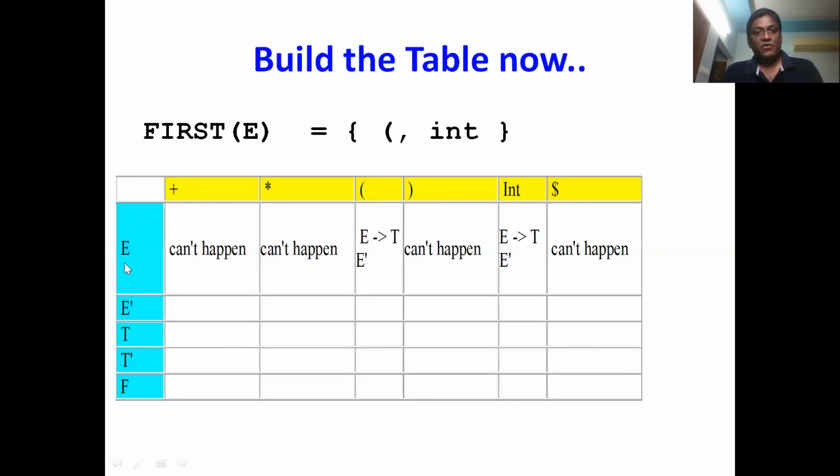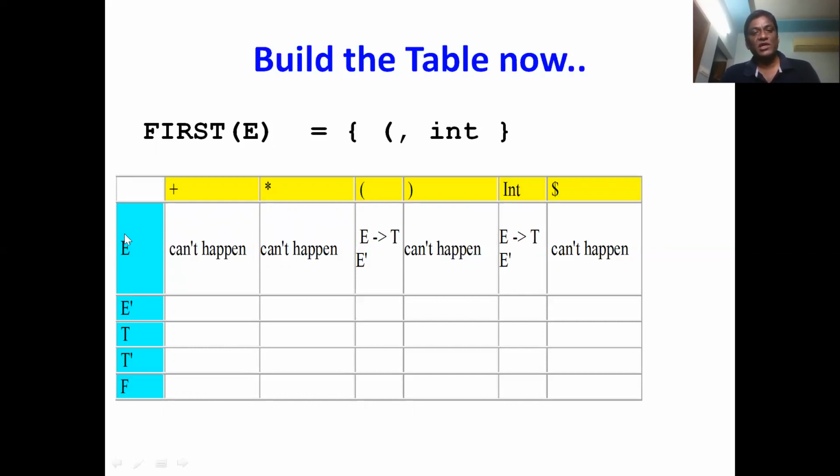So for E on open parenthesis and on int, we substitute E implies TE dash. And for all other combinations, it indicates syntax errors.